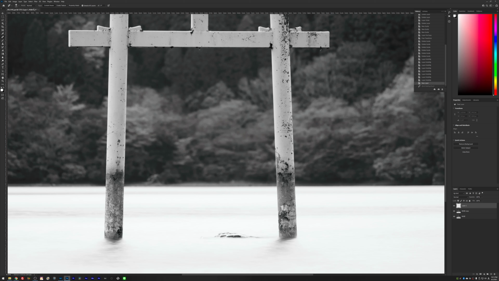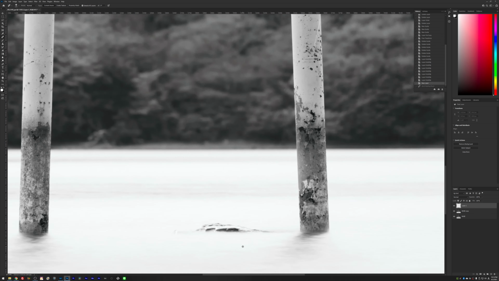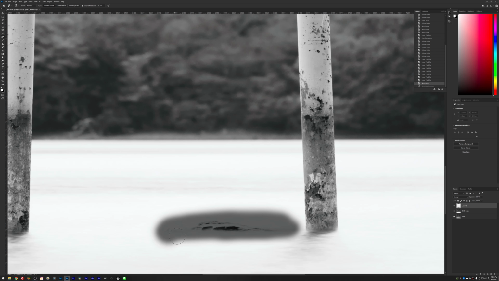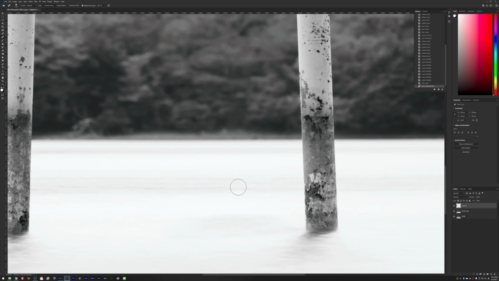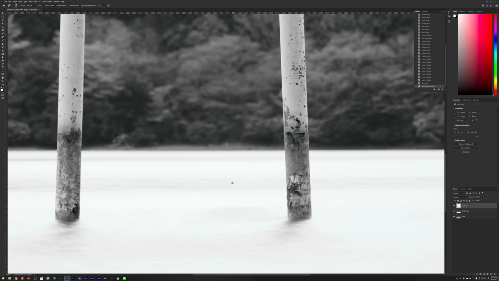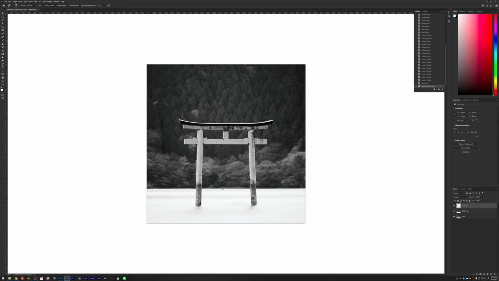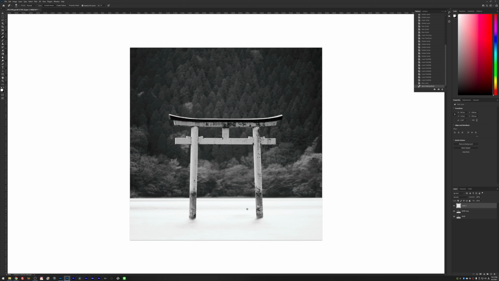You have to make sure that content aware is selected here and sample all layers is selected, so the tool looks at all the layers that it has behind this particular layer here. So let's try again, maybe with a smaller brush, trying to get a bigger section of the water. And this time was a little bit better. Again, not perfect, but it's just to demonstrate how to do this.